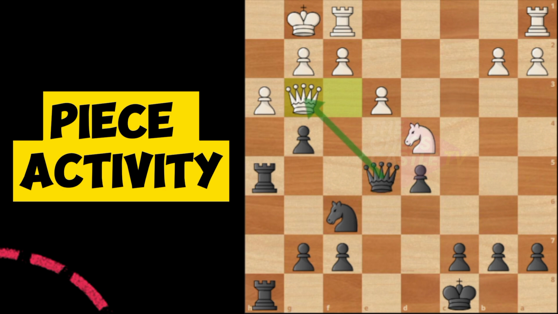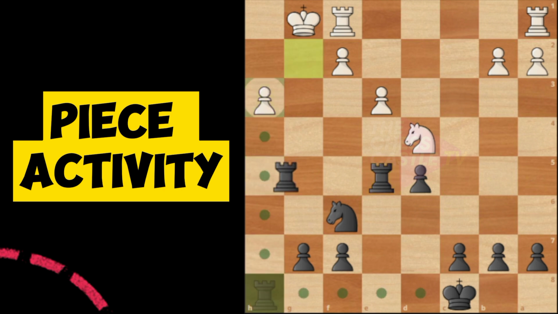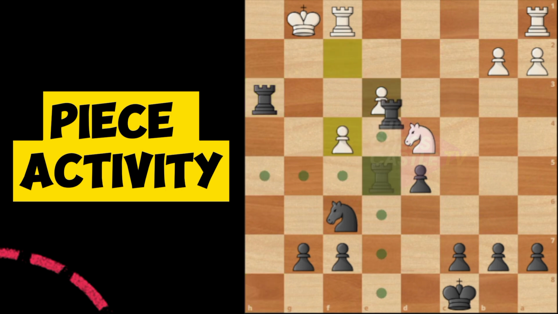Okay, so he wants to trade the queen. What should we do here? Yeah, let's just capture this pawn. After queen takes, there's a rook takes because our rook is active. So you can move on different squares if you want. Rook takes pawn, and this one is checkmate. Watch out. Oops, we can just capture that pawn again. Look at the activity of these rooks. Okay, we can just